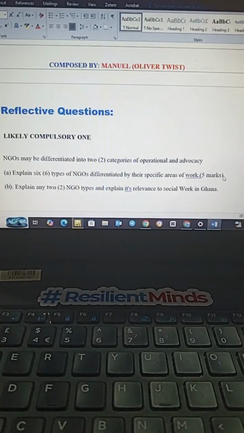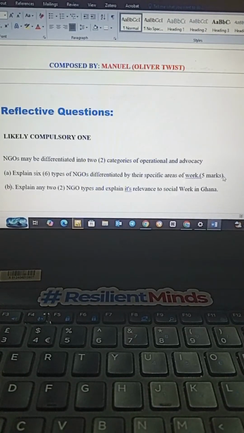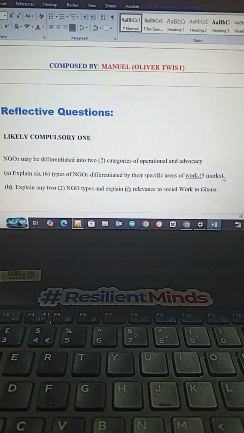Now, the fourth type of NGO is the ENGO. And ENGO is what? The environmental NGO. What example can we give here too? Here we can give Green Ghana and also Greenpeace. So Green Ghana and Greenpeace are examples of ENGO. Their core mandate is to protect the environment. You get it? Sometimes you see some NGOs planting trees, doing sanitation exercises and other things. They all fall under environmental NGOs.